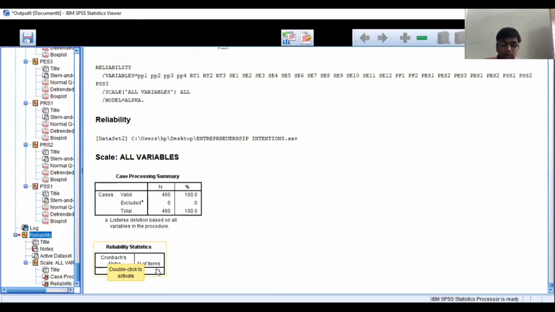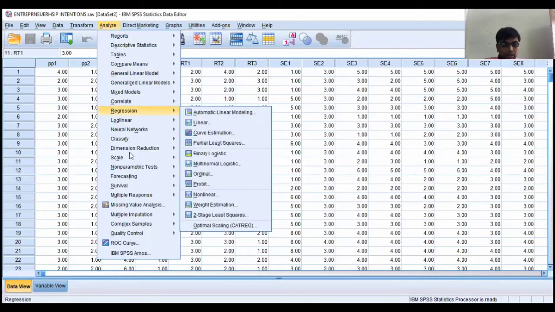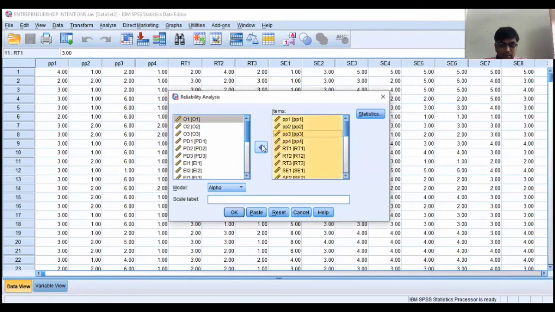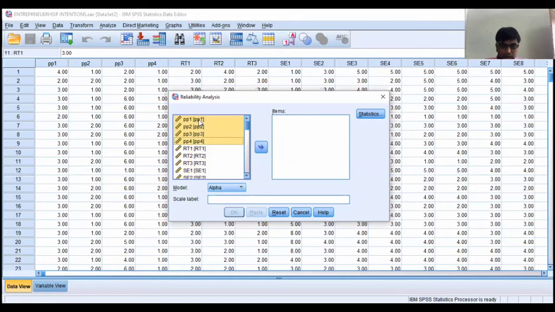I have taken all the items of my scale, and you can also find the reliability by items as per the categorization. Let's see how it can be done. Analyze, Scale, Reliability Analysis. Now let's say I just want to know the reliability of only these items that are related to propensity.